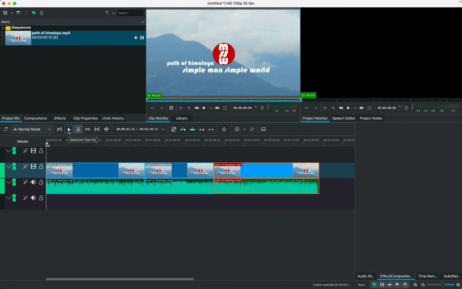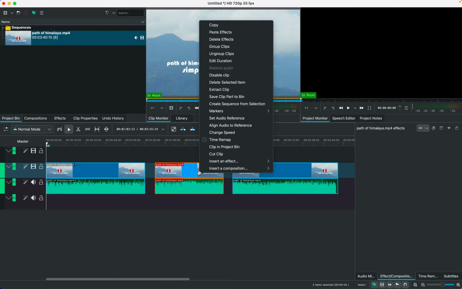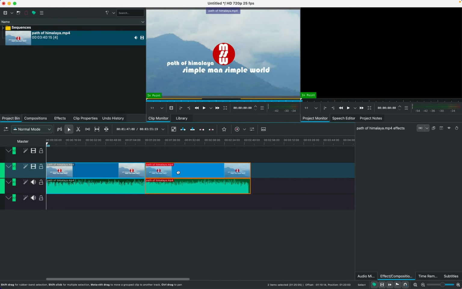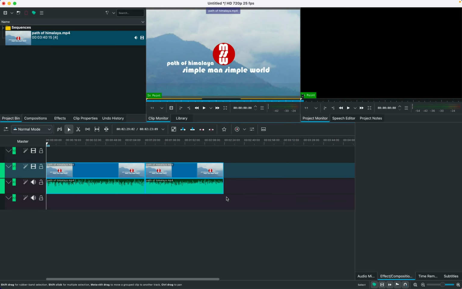And then again select the selector tool and you can just move along wherever you like. If you don't like this part of the track, just right click, delete the selected item, and join it. Again, if you want to cut this part, just click on it, select the selection tool, right click, delete the selected item,